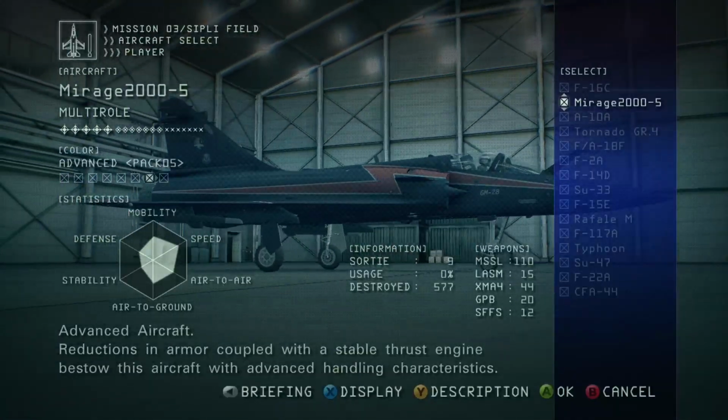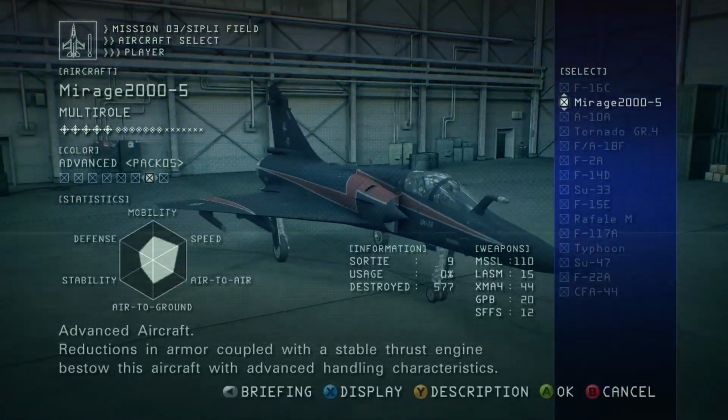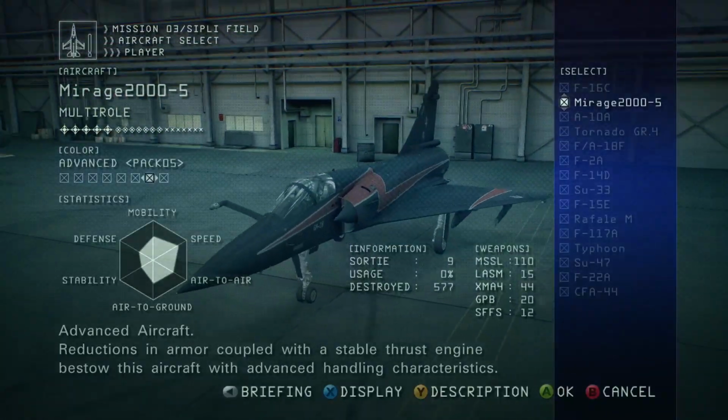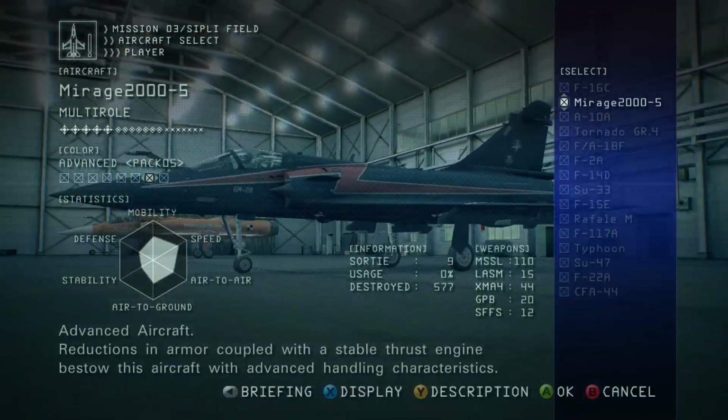I know it's a shorter stream today, but it's low tier aircraft. I can't really do it on the higher missions very easily and still shove. Oh yeah, this is good. But